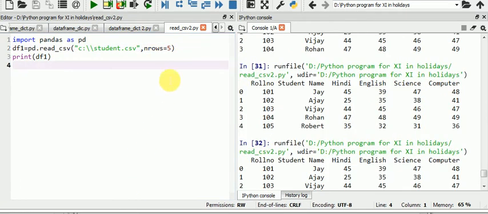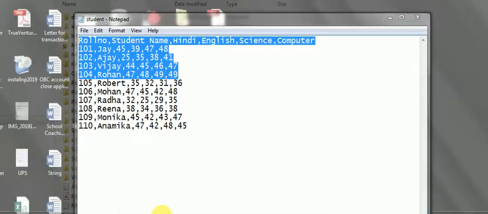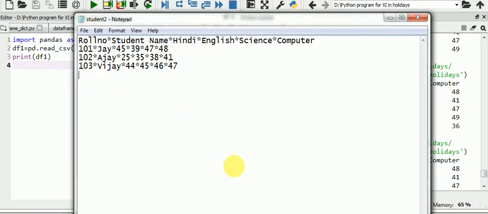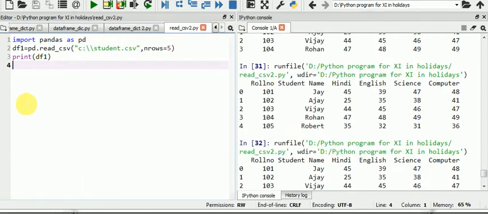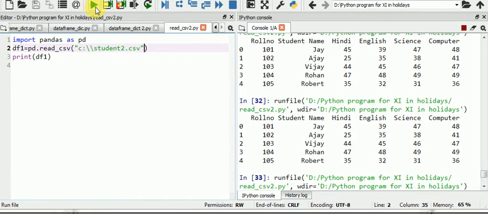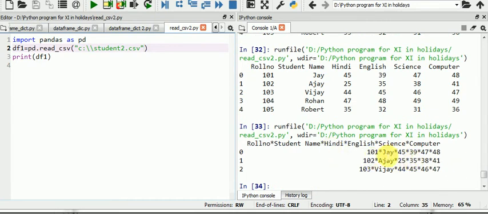Okay, if suppose your data is saved in a different format, like in place of a comma, this is my comma separated sheet. If my file is saved with a different symbol, like here I saved with an asterisk, and the file name is student2, how can we read this file? Suppose I give student2 here and read all the rows and run, then it gives output in this format. Why?